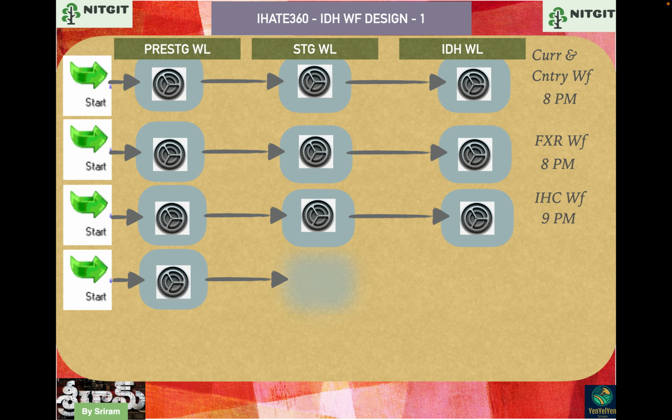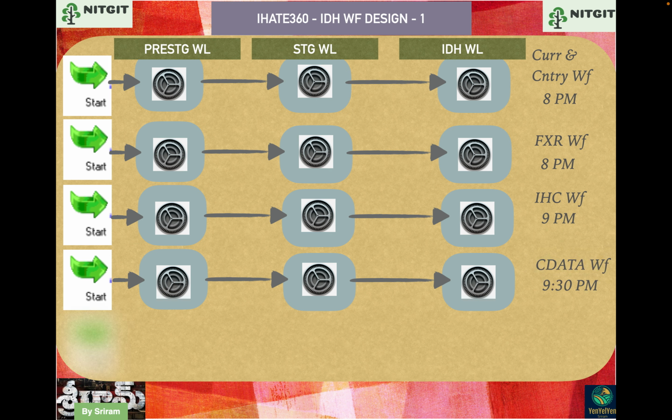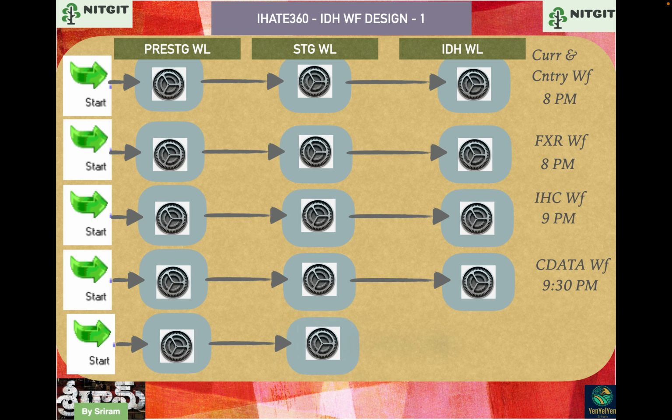And we have another source system here, which has a similar structure as designed with our architects. That is the C data, customer data workflow, whose SLA is the 9:30 load window. We can extract the data from 9:30. So by 9:30, the IHC workflow should complete, and we'll get started. And there's a loan process workflow too. At 10 p.m. we got a load window, and we have scheduled the workflows in this manner so that they can go sequentially without any issues.